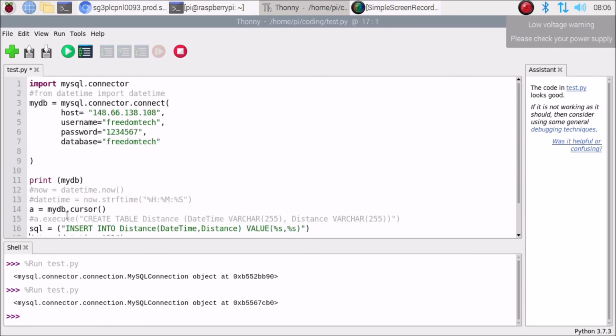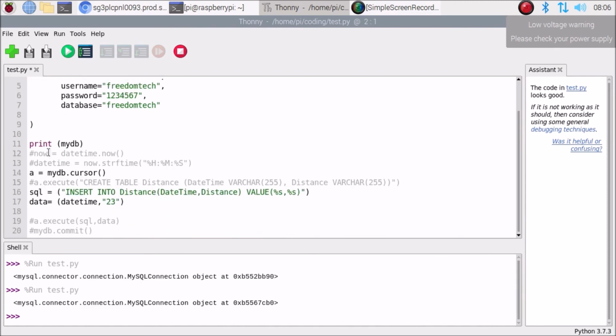For that I have imported here from datetime import datetime. Then as you can see, friends, now is basically datetime.now, then datetime.now().strftime, and this is our time format, hours, minutes and seconds. I have called this variable here. Data is basically this date time, and 23 is just a manual value for our distance.